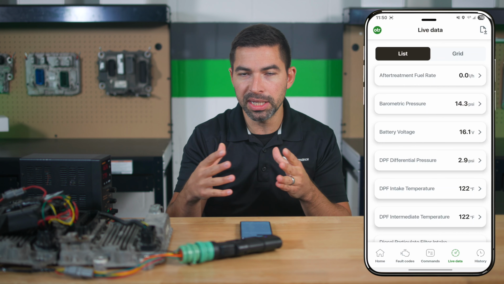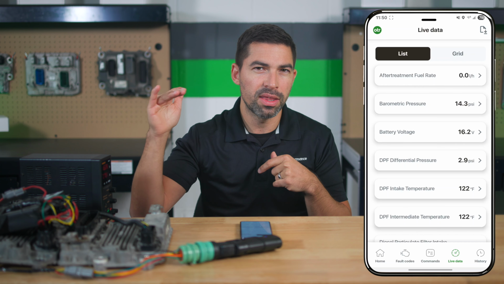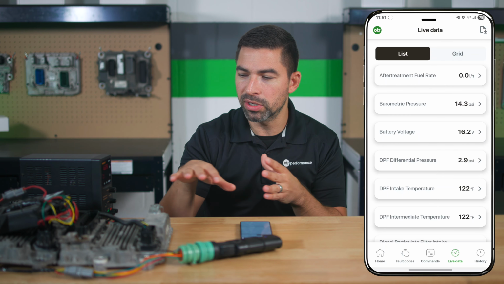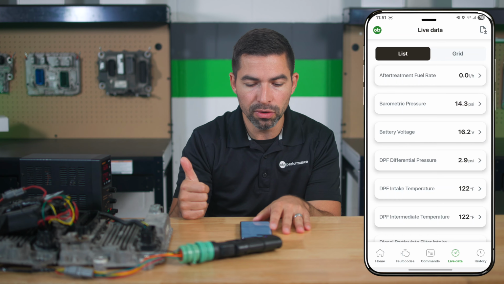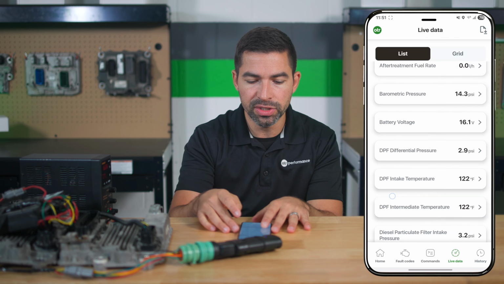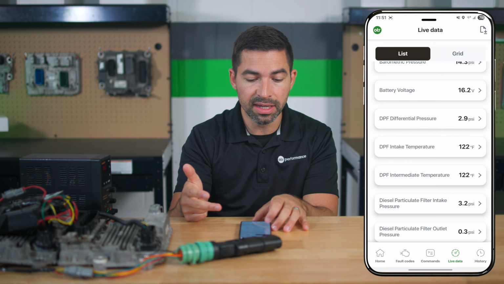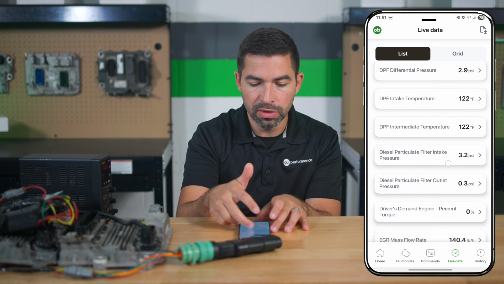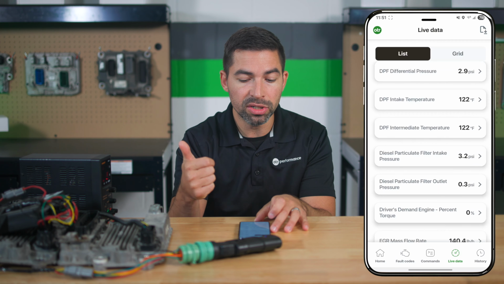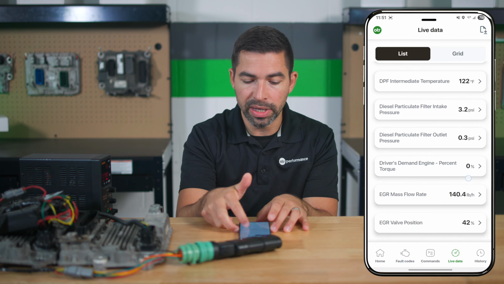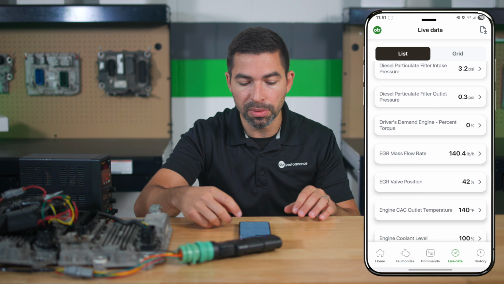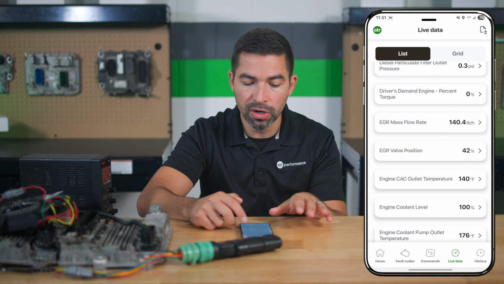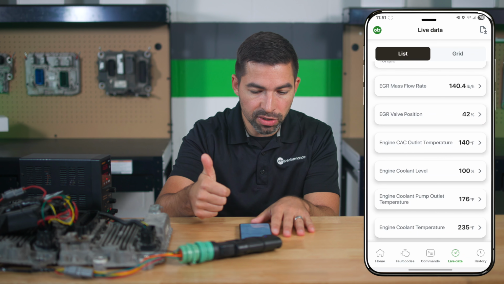Now, this is kind of a limited list because we're not connected to all the modules that we're talking to grab our live data, but it's going to give you a good overview of what you get when you're connected to the setup. So you got your aftertreatment fuel rate, barometric pressure, battery voltage, your DPF pressure, DPF intake temp, your second sensor, your DPF intake pressure, your outlet pressure, your engine torque, EGR mass airflow rate, your EGR valve position, your engine charge air cooler outlet temperature, your engine coolant level,